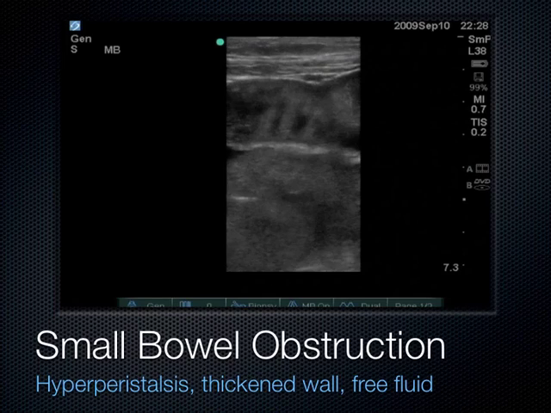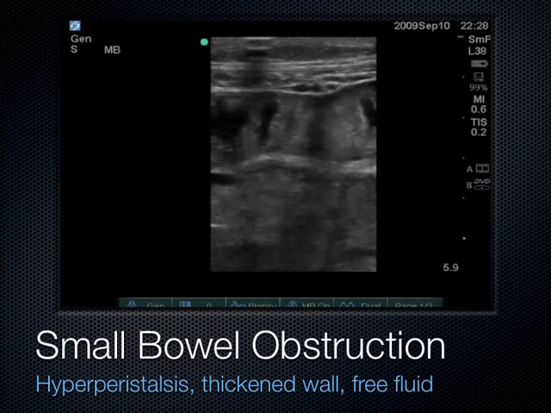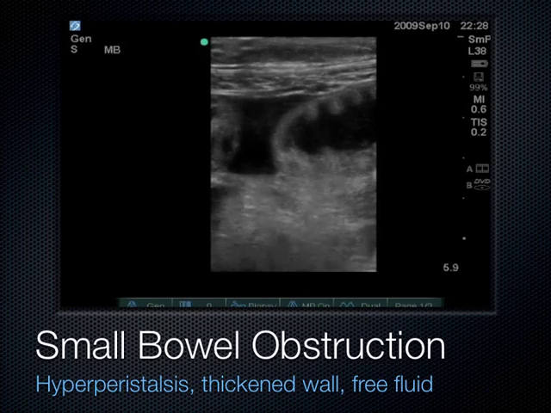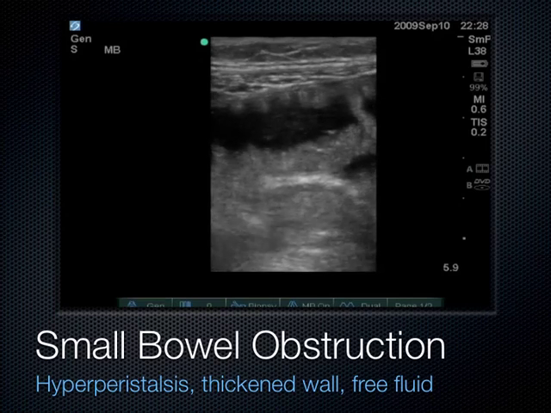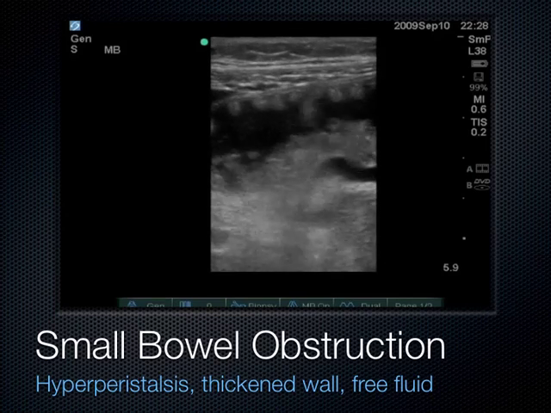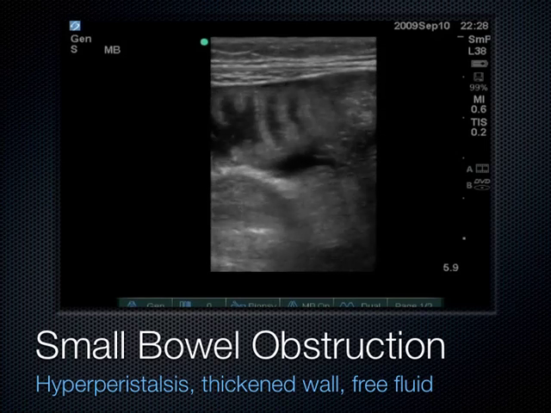And so this is just another example here of the small bowel, the plicae circulares going all the way across, and it definitely has a thickened wall. And if we look adjacent to it, there's even free fluid between two of these loops of bowel. When you see free fluid like that between two loops of bowel in a patient with a small bowel obstruction, that's a surgical emergency. The presence of free fluid means we need to go to the operating room now on